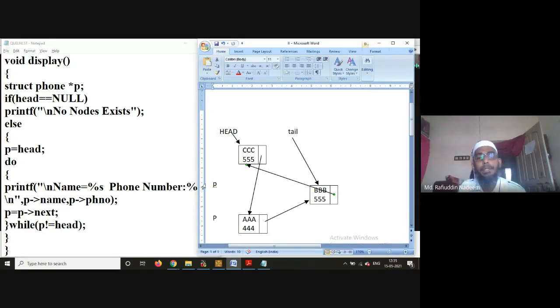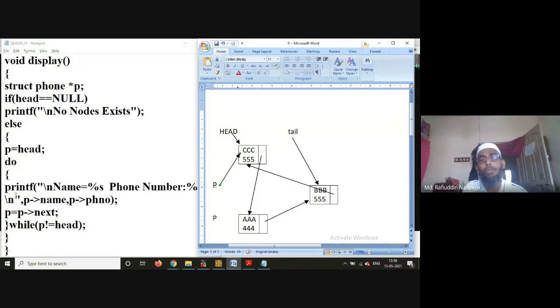Otherwise, P is assigned to head. Then do. See here, the do while loop works very well, means the do while loop is actually feasible for us instead of a while loop.